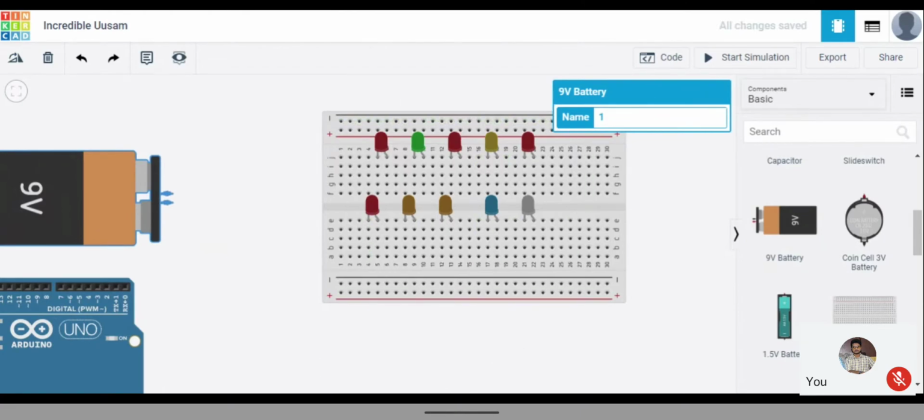Let's take an example without doing it with the breadboard. Why are we going to use a breadboard? To make the connections simpler. Just think about this: if you want to connect a battery to an LED, you have to use tape or a soldering machine or some other means, or if there are two wires, you have to join them. It will be a little difficult. But using this, we can just plug in and plug out whenever we want. We can plug into one of the pins and plug it out. That's why it will be easy for you, and that's why we are going to use a breadboard.